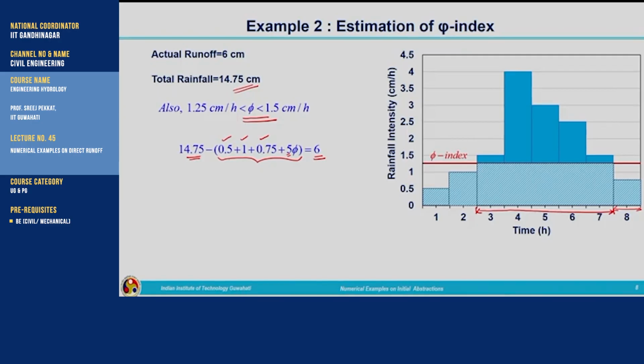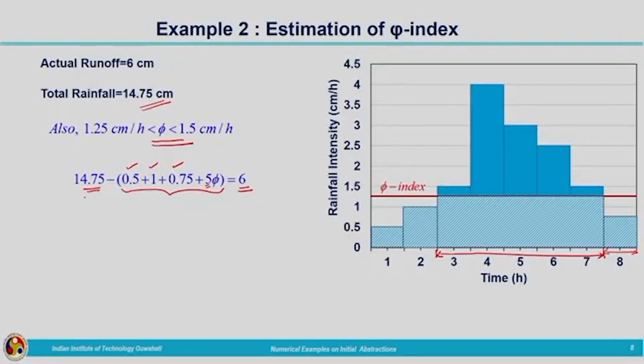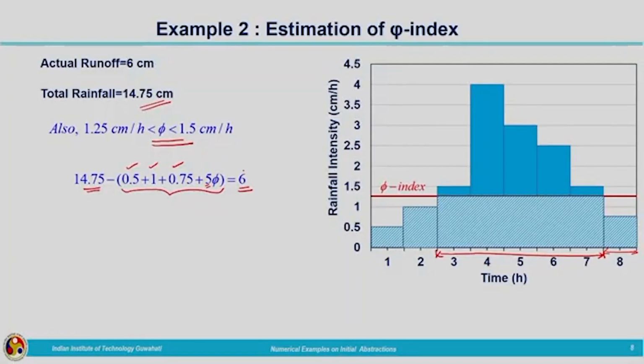So, 5 multiplied by phi plus abstractions corresponding to other time intervals together will be the total abstraction. That abstraction subtracted from the total rainfall will give you the direct runoff depth, that is 6 centimeters. By making use of this formula, you can calculate the phi index value as 1.3 centimeters per hour,